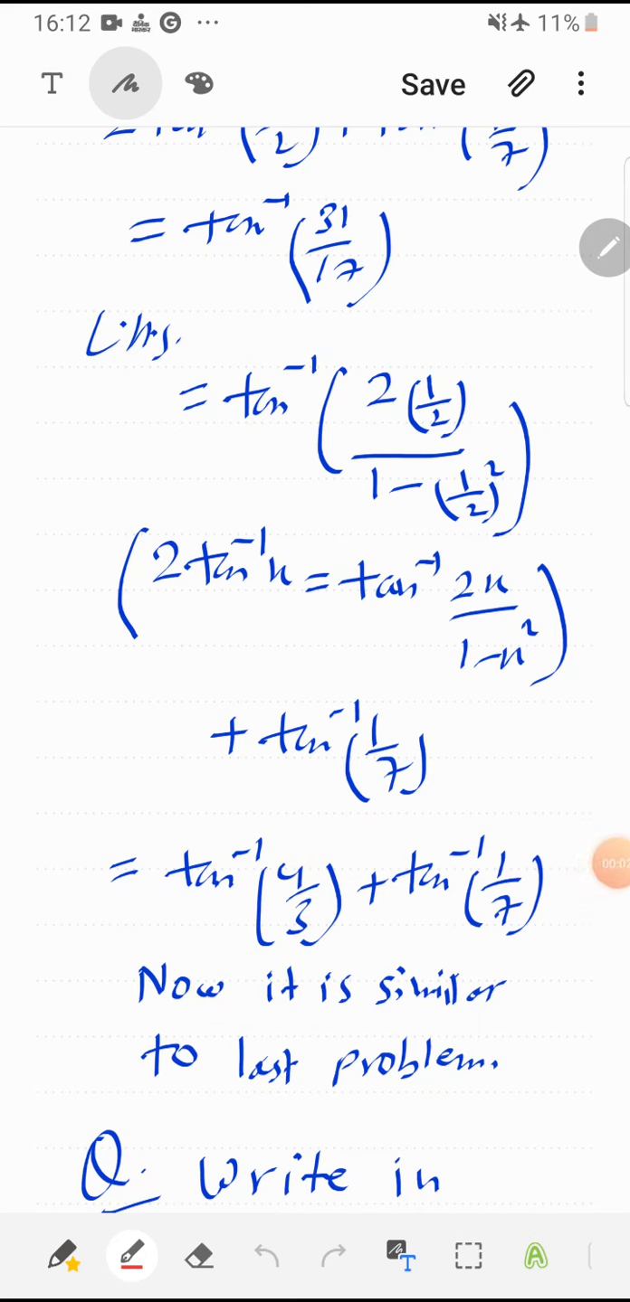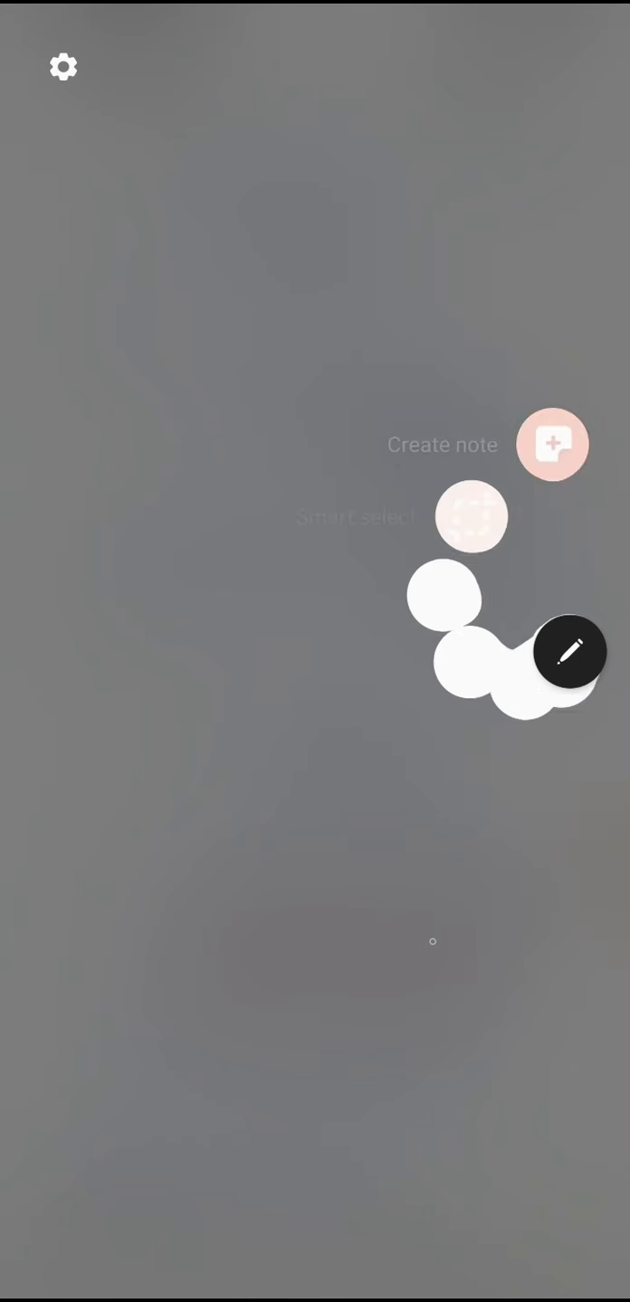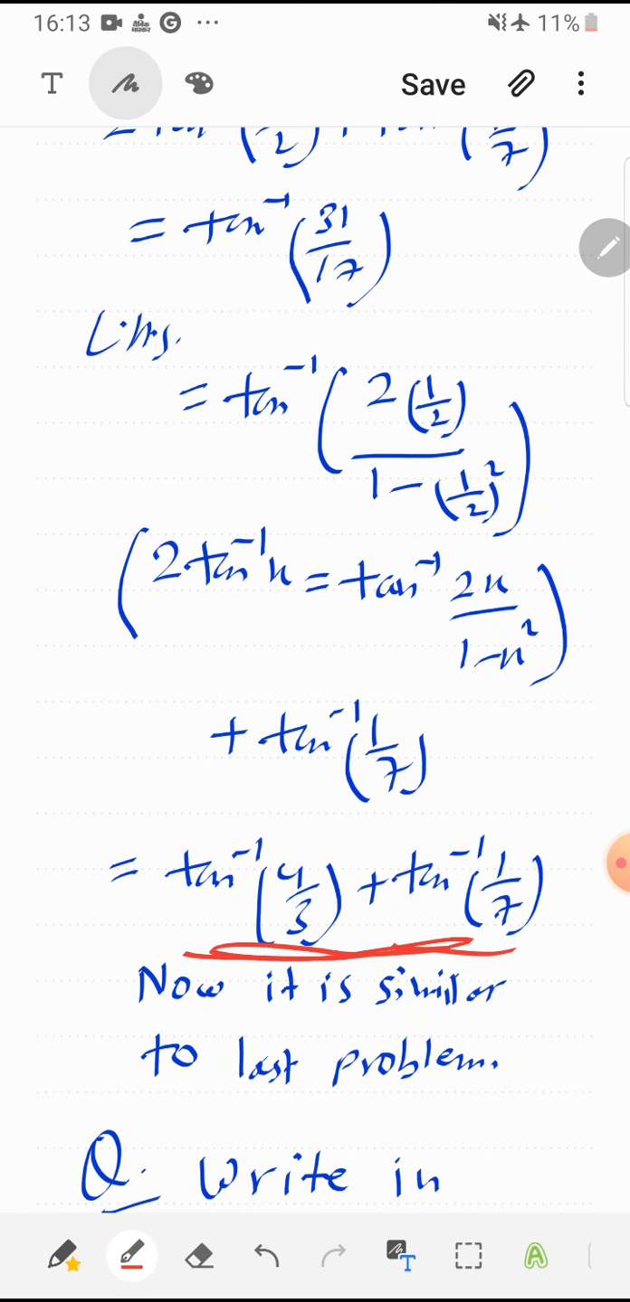Then now it becomes tan inverse 4 by 3 after simplification, and tan inverse 1 by 7 will remain as it is. Now we are in a similar situation to the last question, and from here we can apply the formula and get the final result. So you can solve this, I am not solving it here. Next